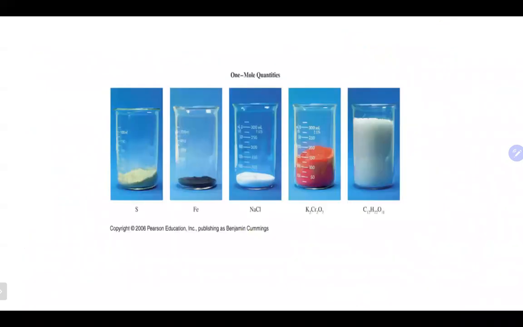So when we look at each of these things, we do see different amounts in each of them. A reminder that this is basically 1 mole of each of those things. Why are there different amounts in each of those? Yeah, so each of these represents basically 1 mole of each of these substances, like sulfur and iron and sodium